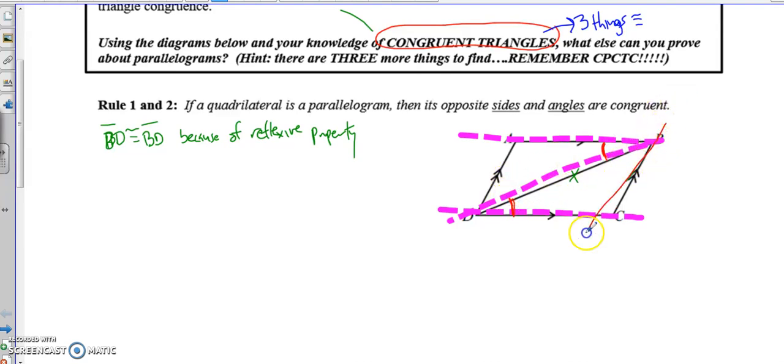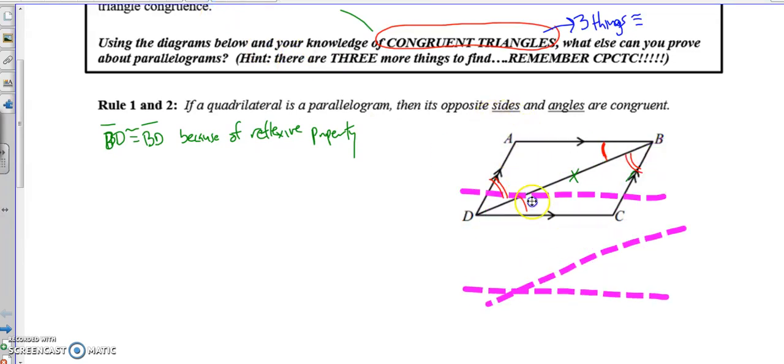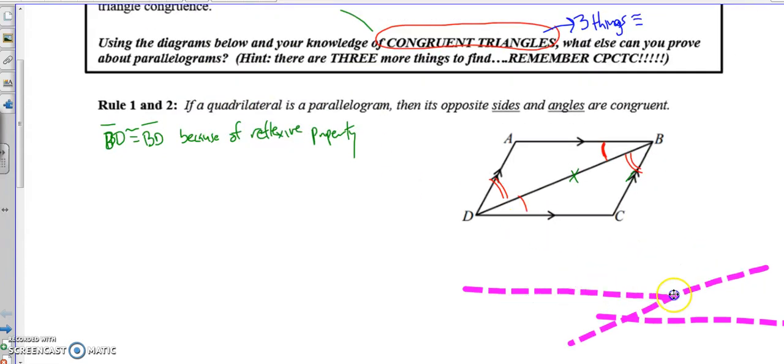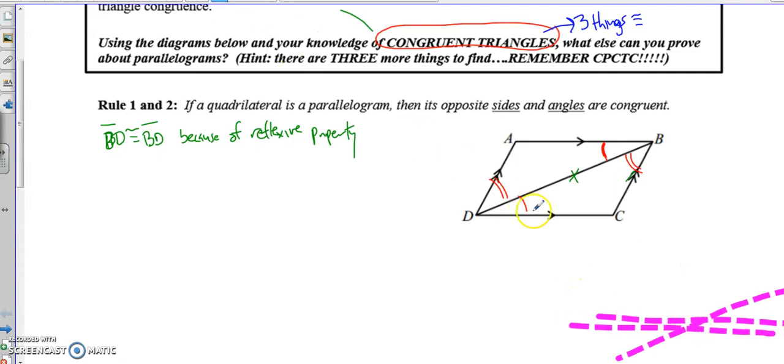And if we use my parallel lines going this way, we have a set of alternate interior angles here and here. So now if I move this stuff out of the way, you can see there's my three congruent pieces. So I'm going to label these to make it a little easier. Maybe I'll say 1 and 2 because those match up, and I'll call this 3 and 4 because those match up. So I can also say angle 1 is congruent to angle 2, and angle 3 is congruent to angle 4